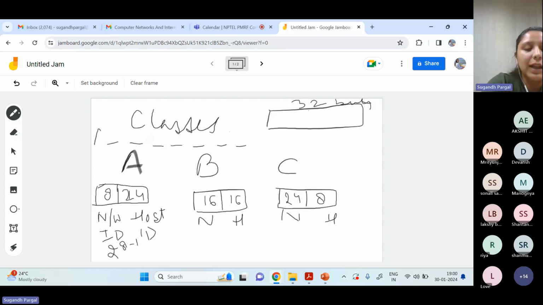So in class A only a single bit has been fixed and the other bits are flexible to get the address for different network IDs. Then we have the host IDs, in which 2 to the power 24